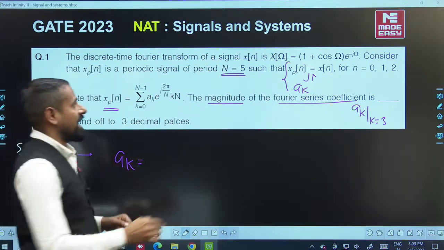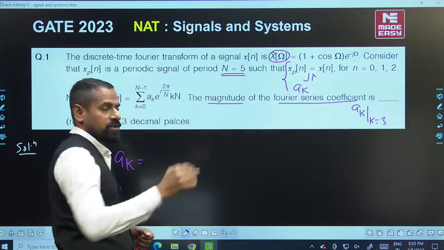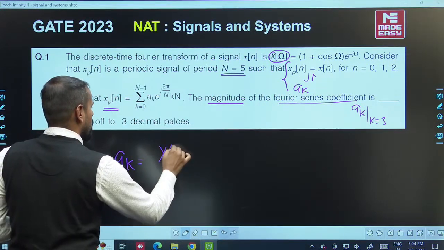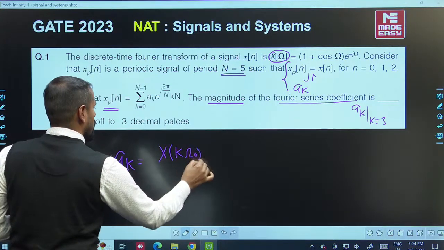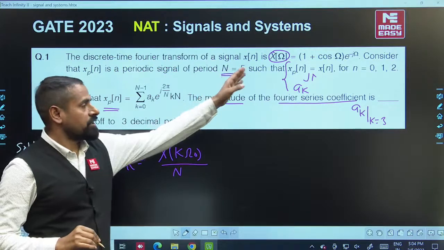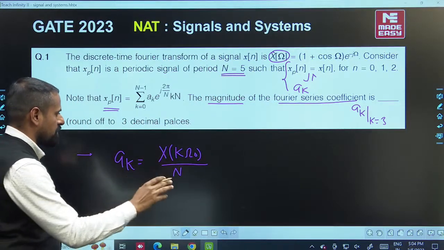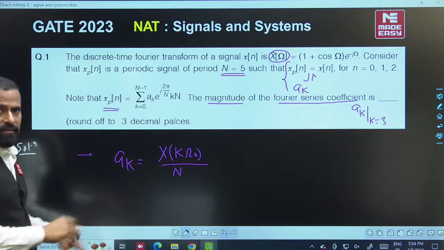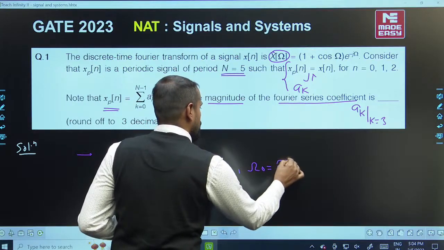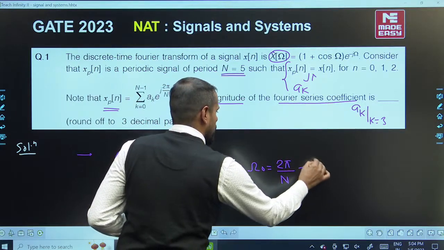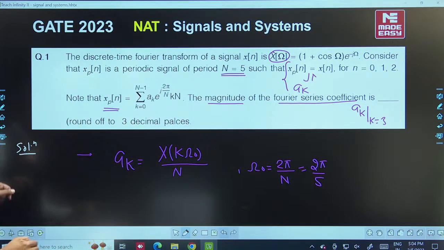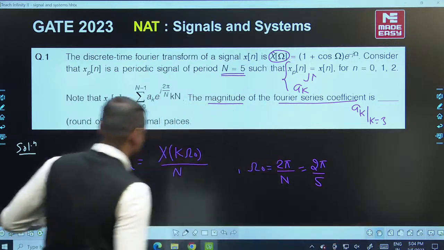एक्स ऑफ साई से डायरेक्टली रिलेटेड होता है, और एक रिलेशनशिप कुछ ऐसा है, ए के इज इक्वल टू एक्स ऑफ के साई नॉट अपॉन टाइम पीरियड एन, ठीक है। एक्स ऑफ साई ऑलरेडी गिवन है, साई एक्स ऑफ साई में साई को रिप्लेस करो के साई नॉट से, फिर डिवाइड करो टाइम पीरियड एन से, एंड व्हाट इज साई नॉट? साई नॉट इज 2 पाई अपॉन टाइम पीरियड। तो टाइम पीरियड कितना है? टाइम पीरियड है 5, तो साई नॉट कितना? 2 पाई बाई 5।